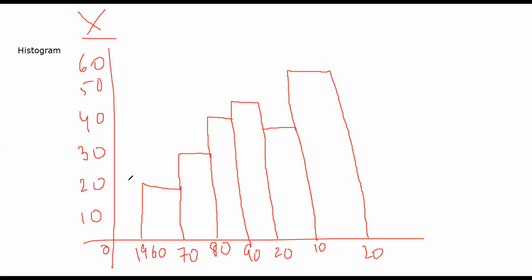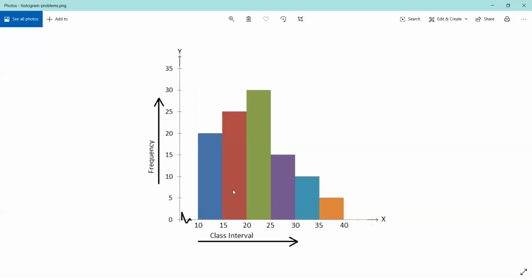Okay, so from this you can clearly tell the population was 20 lakh here, the population was 30 here, 40 here, 45 here, 35 here, and 55 here. Okay. This represents a histogram. If you want to see a neater example, there is another one I can show you. See, this is a histogram. Basically, here they are comparing class intervals with frequency, but you can see the same trend in the graph.